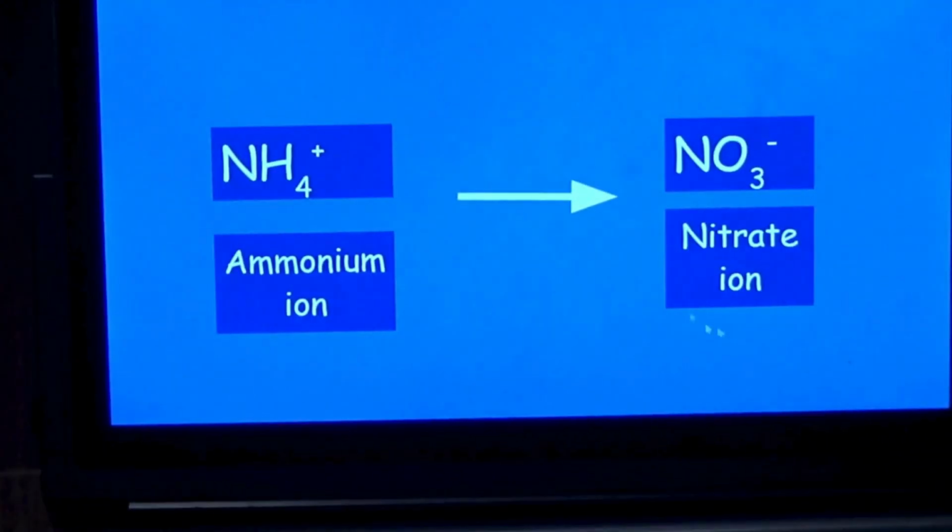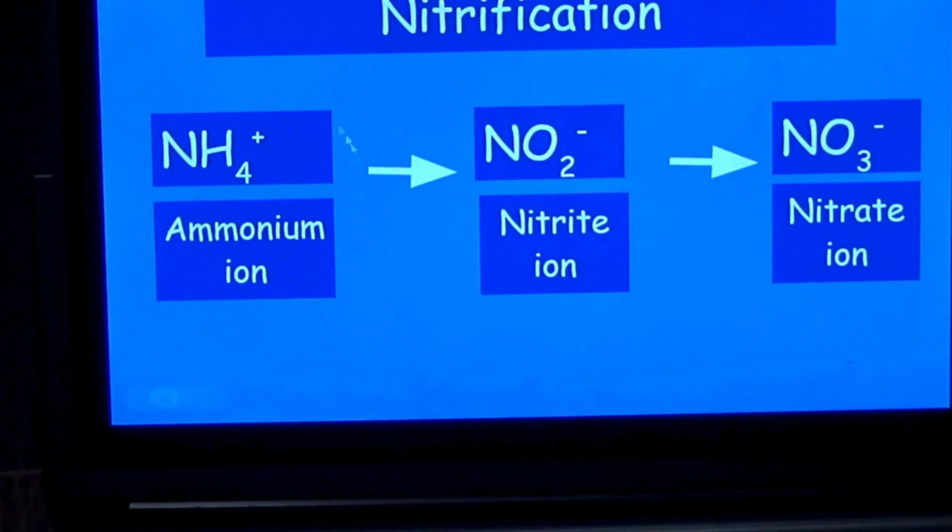Nitrification is when H is taken out and instead of that O is added. Whenever oxygen is added, we call it nitrification. So this is what these bacteria are doing. They are converting the ammonium ions into nitrate ions. Here you can see from ammonium to nitrite ion to nitrate ion, oxygen is getting added, and this is the process of nitrification done by nitrifying bacteria, and that's what is happening in the soil.